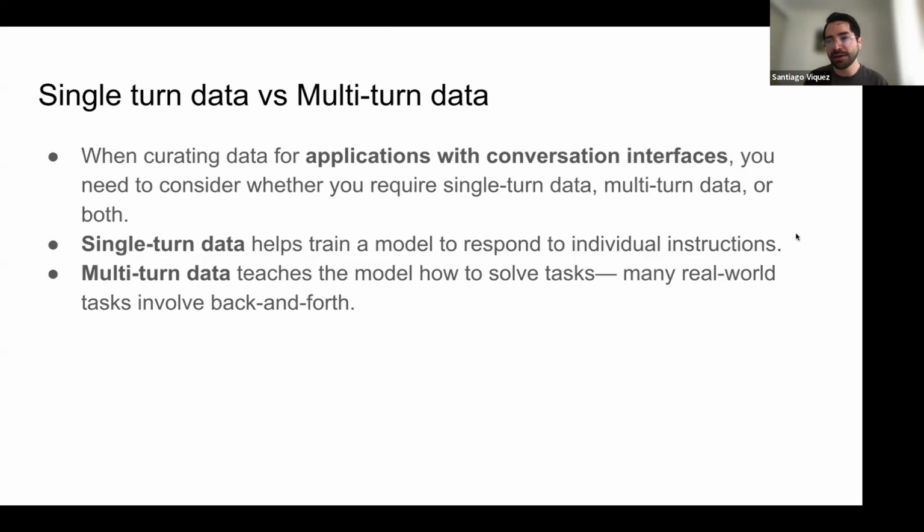Single turn means that you just ask a question to the model, and the model responds. Multi-turn behavior means that you send a question to the model, and maybe your question wasn't that clear, and your model responds, "Hey, do you mean X, Y, or Z?" And the user responds, "Ah, no, I mean Y," and the model says, "Okay, so given that you mean Y, then the outcome is this." So that's multi-turn data. If you want your model to handle those kinds of behaviors, your data should have coverage, which is something that we'll discuss later in the chapter, for those examples as well.